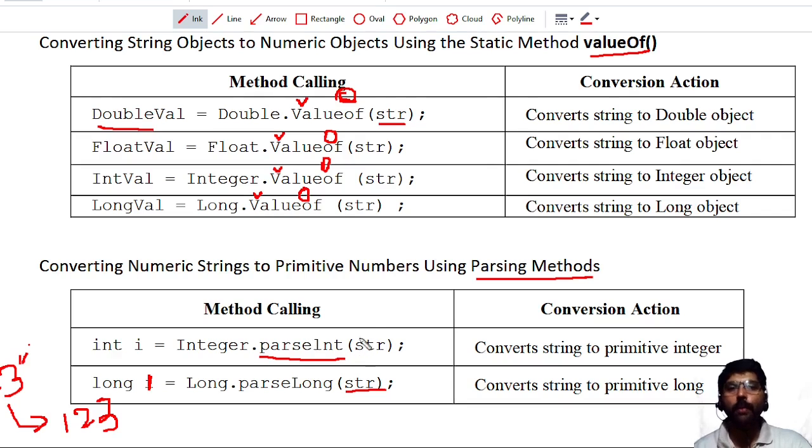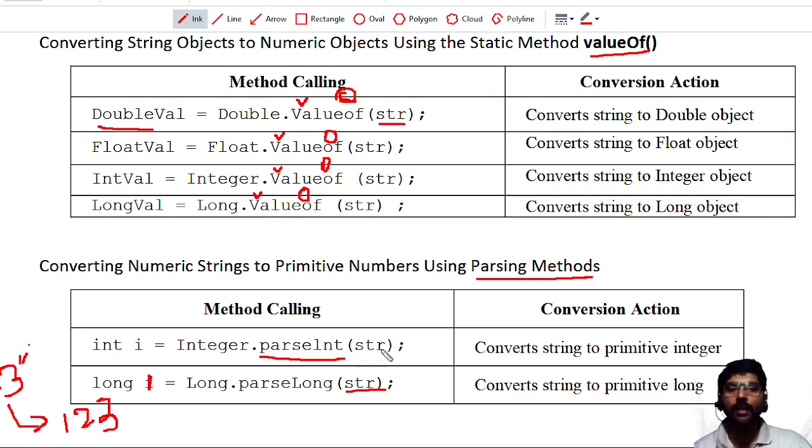Now, one important point to remember: whenever you are converting string type to object type or string type to primitive data type, the string should contain only digits, numbers.